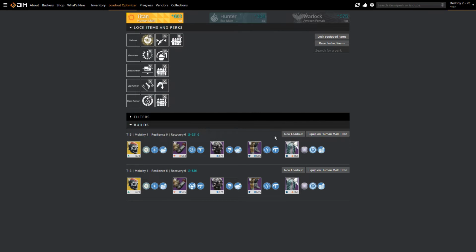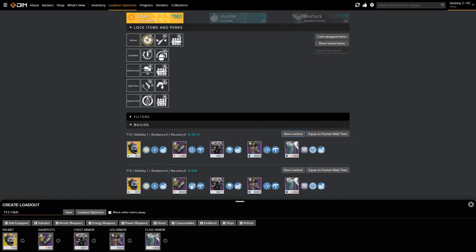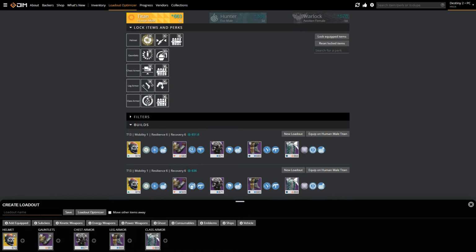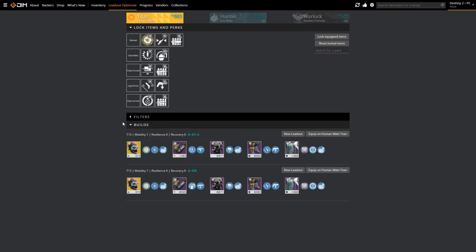Now once I've selected a build, let's just say I want to go with this top one here, I can click on New Loadout and it automatically gives me a, this is a tier 13 because it has 1 + 6 + 6 on the stats, but I want to name it something like my PvP build, hand cannon, and SMG, let's say. I can go to save, and it says it already exists, so I can change the name to something else like PvP Hand Cannon version 2 because I already made one before, and I can save that